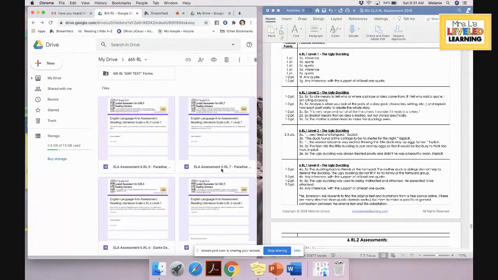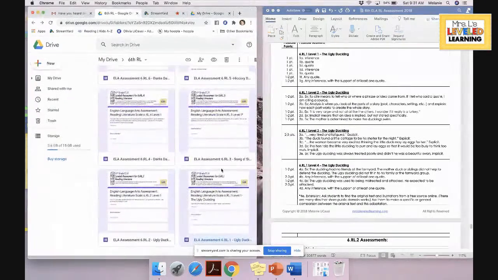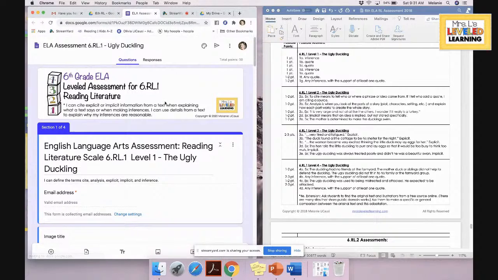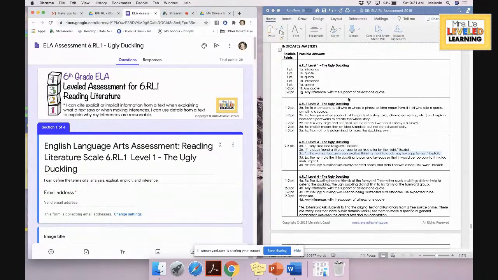the Google Forms. I'm working on 6th grade right now, so they should be posted this week. Let's go to the first one. 6th grade language arts for reading literature. Number 1. This document is the exact same